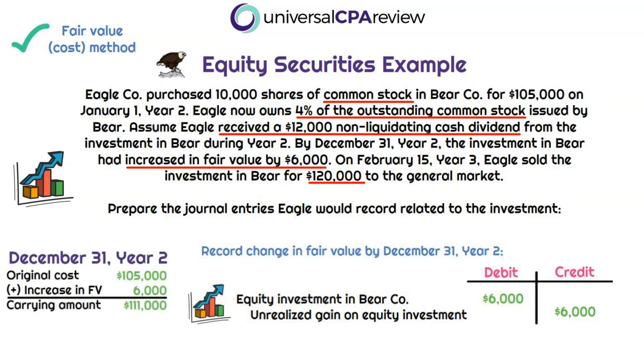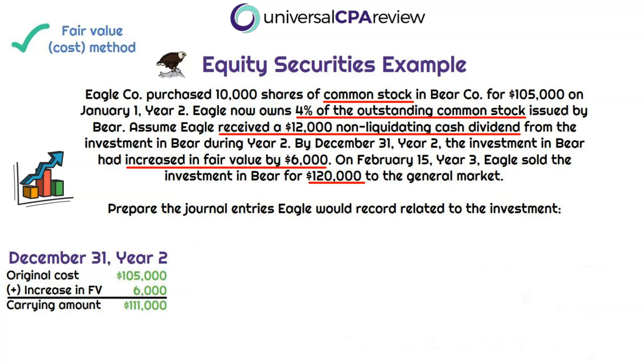So now it's up to, say, $111,000. Now we're also going to record a credit to the unrealized gain on this equity investment for $6,000 as well. Right? That's going to hit net income in the income statement. Even though it's unrealized, it's still going into the income statement because we're using the fair value through net income